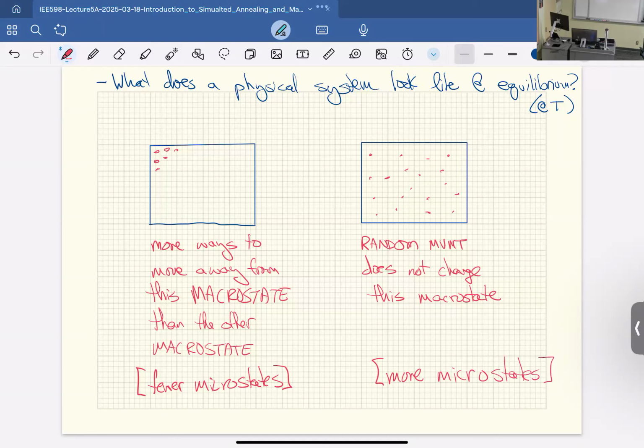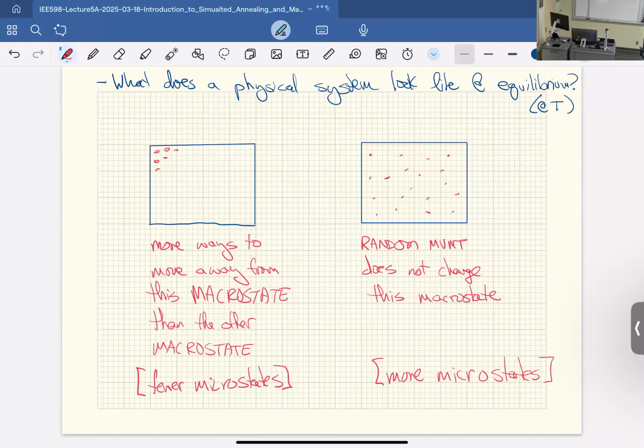So there are a bunch of microstates of gas in this room. We can bin them into macrostates. We can say these are the microstate configurations corresponding to gas everywhere in the room. These are microstate configurations corresponding to gas in the corner of a room. That will be far rarer than the one that's everywhere throughout the room. And this is entropy. Entropy is a logarithmic scaling of this count.